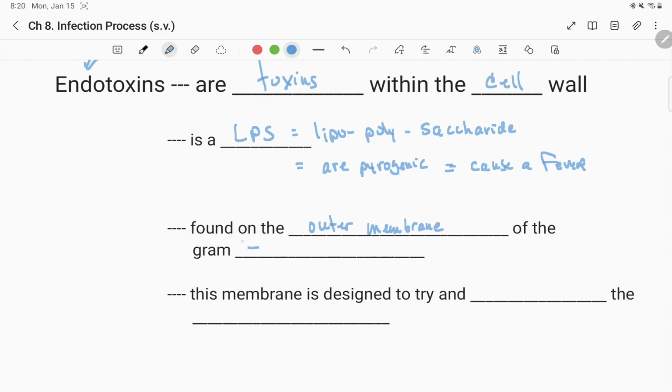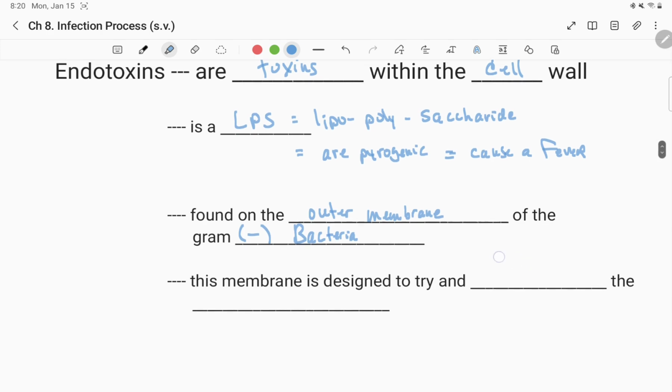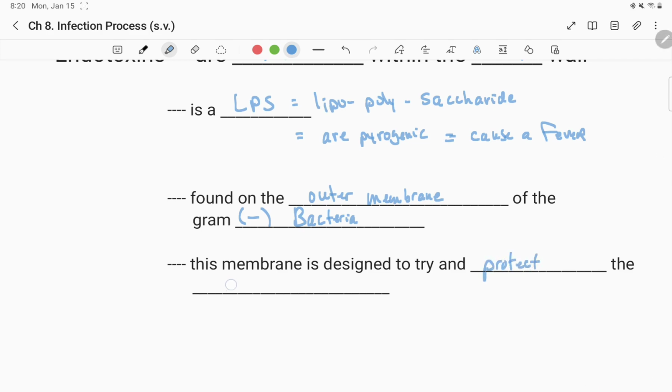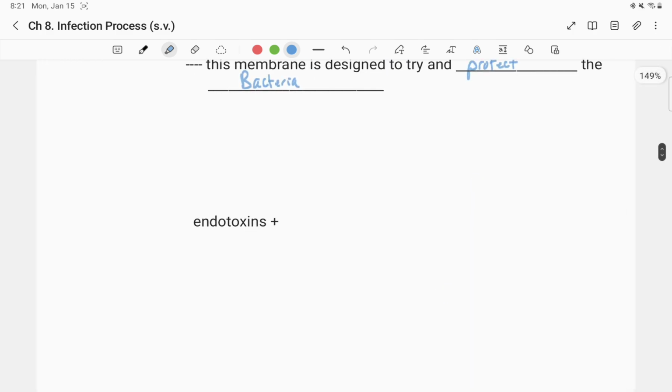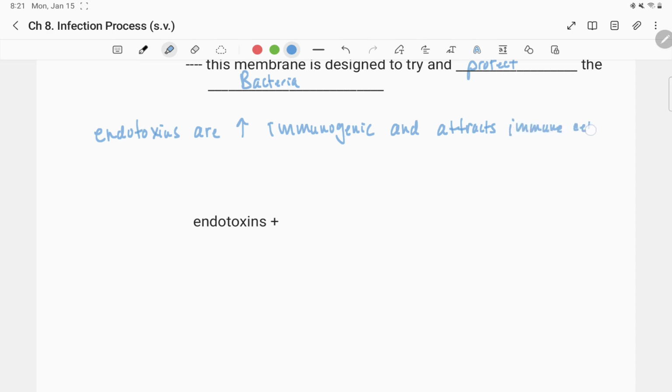Of the gram-negative bacteria. This membrane is designed to try and protect the bacteria. It's like a coat of armor. Okay, endotoxins are highly immunogenic and attract immune cells to the infected area. All right, endotoxins activate